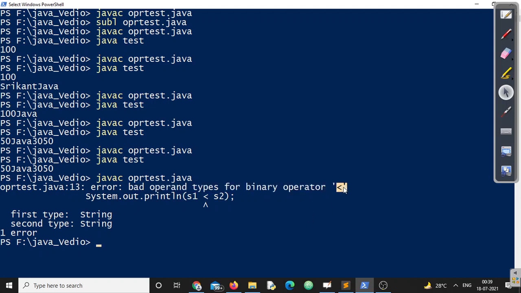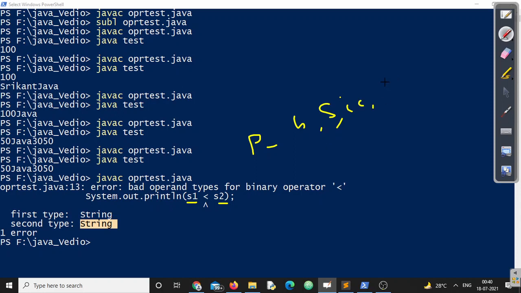So for binary operators like less than or equal to, all the relational operators, the operands cannot be strings or any reference variable. They have to be a primitive type, meaning byte, short, int, char, long, float, or double.